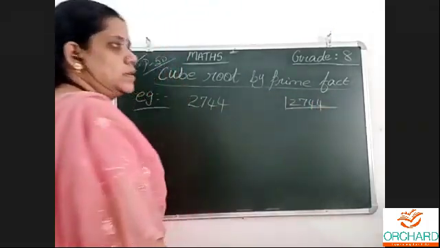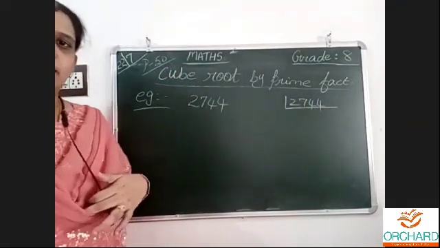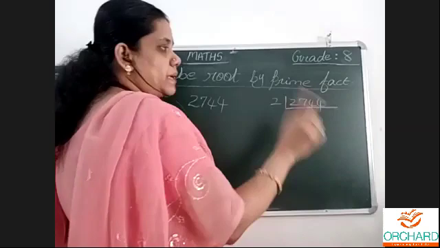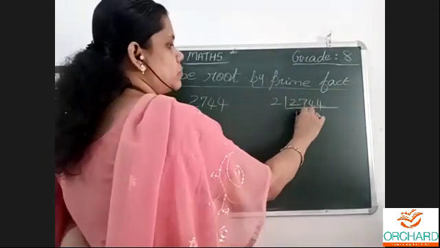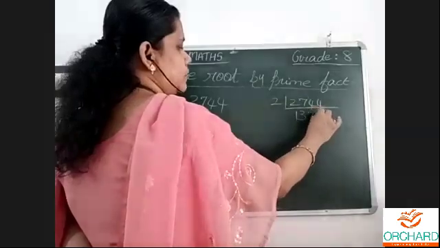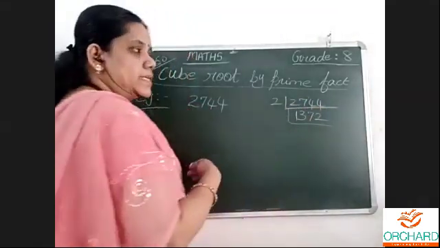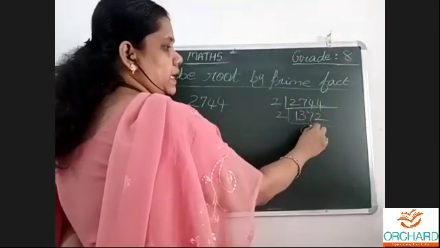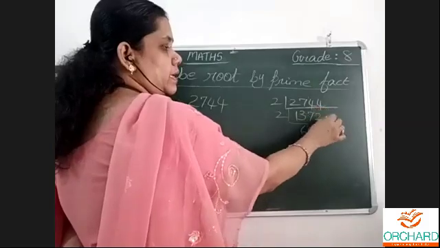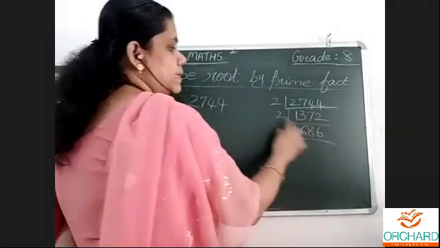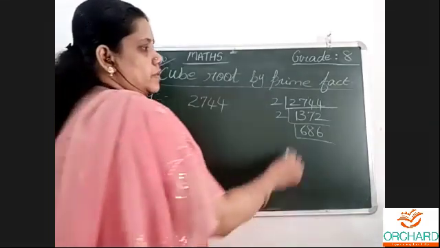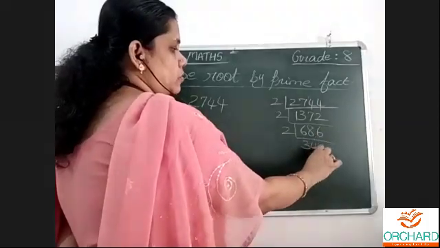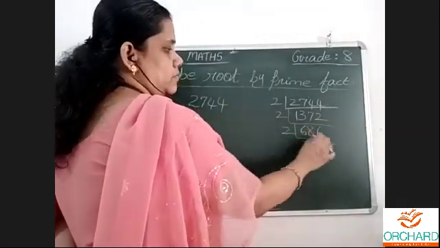2744. When the number is ending in 5, I will use the 5 table. When it's an even number, we should use the 2 table, only prime numbers. 1 2 is 2, 3 2s are 6, remainder 1, 14. 7 2s are 14, 2 2s are 4. If you want, you can divide separately and copy the quotient. 6 2s are 12, remainder 1, 16. 8 2s are 16, remainder 1, here 12, 6 2s are 12. You must learn how to do it directly, the time-saving way. So 2, 3 2s are 6, 4 2s are 8, 3 2s are 6.